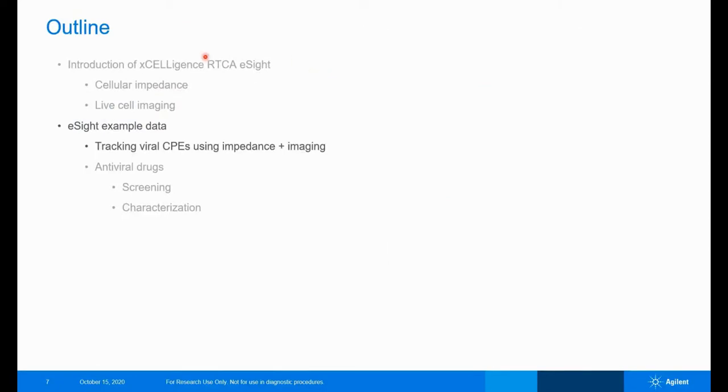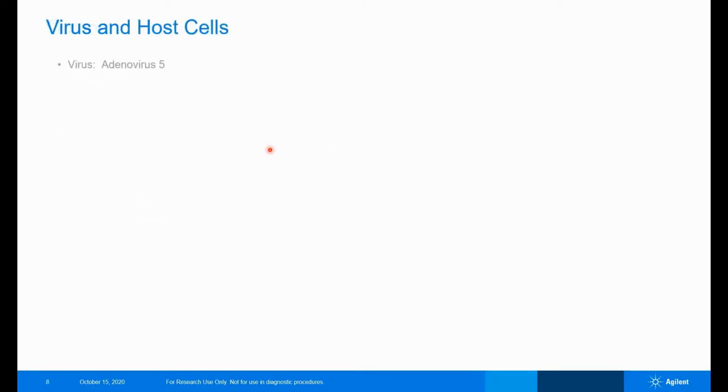So we've seen what the instrument is and what its outputs are, and let's look now at tracking a cytopathic effect using both of these outputs. So the model system is Adenovirus 5 infecting HEK293 cells. If this is all we used, we would be able to acquire bright field images, which are quite useful. But in order to make the assay more information rich, we can get orthogonal perspectives on the cytopathic effect by using fluorophores. So we're using an adenovirus that expresses GFP constitutively behind the CMV promoter, and we've engineered the HEK cells to express red fluorescent protein that's localized to their nuclei.